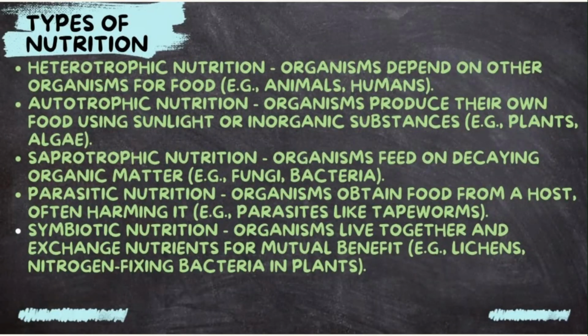the type of symbiotic relationship that would result in mutual benefit would actually be a mutualistic symbiotic relationship, meaning that both organisms benefit, they live together and they exchange nutrients, as in you do something for me, I do something for you. Then you also have commensalism, which is where one organism